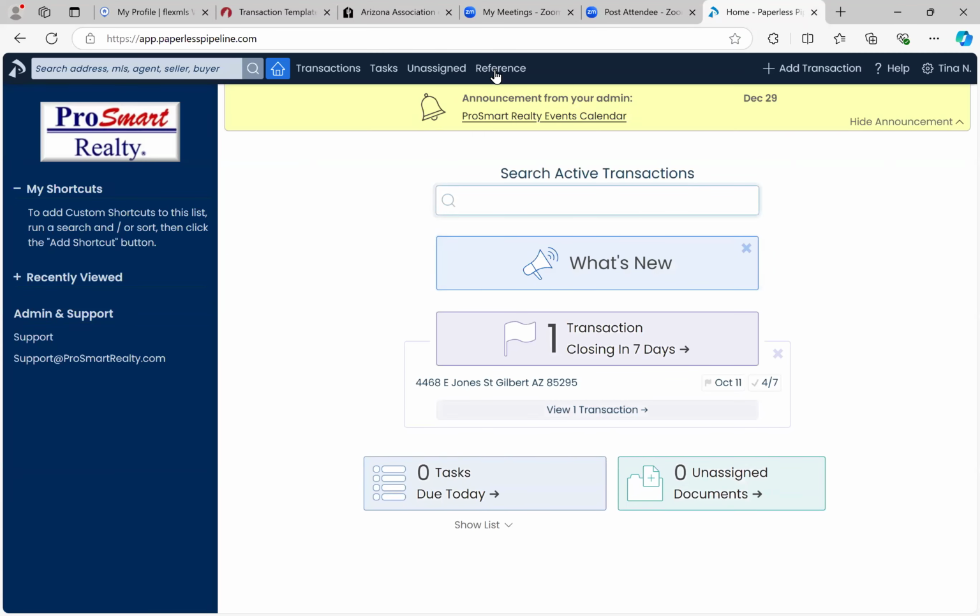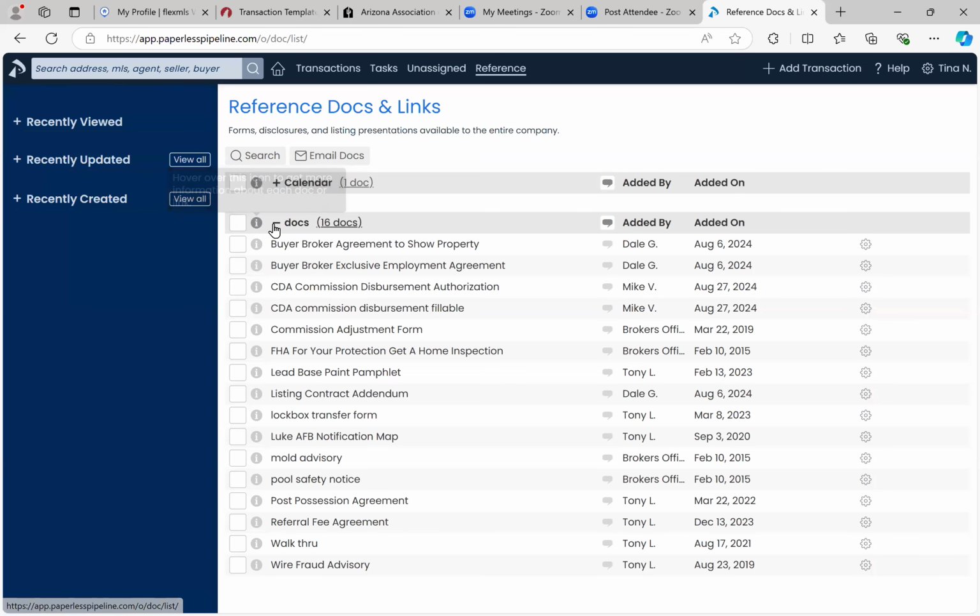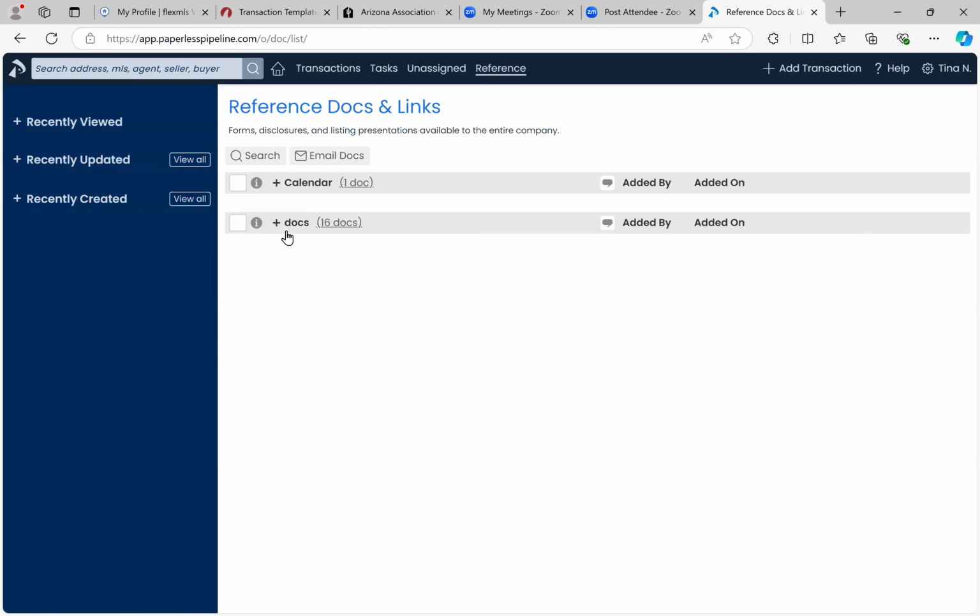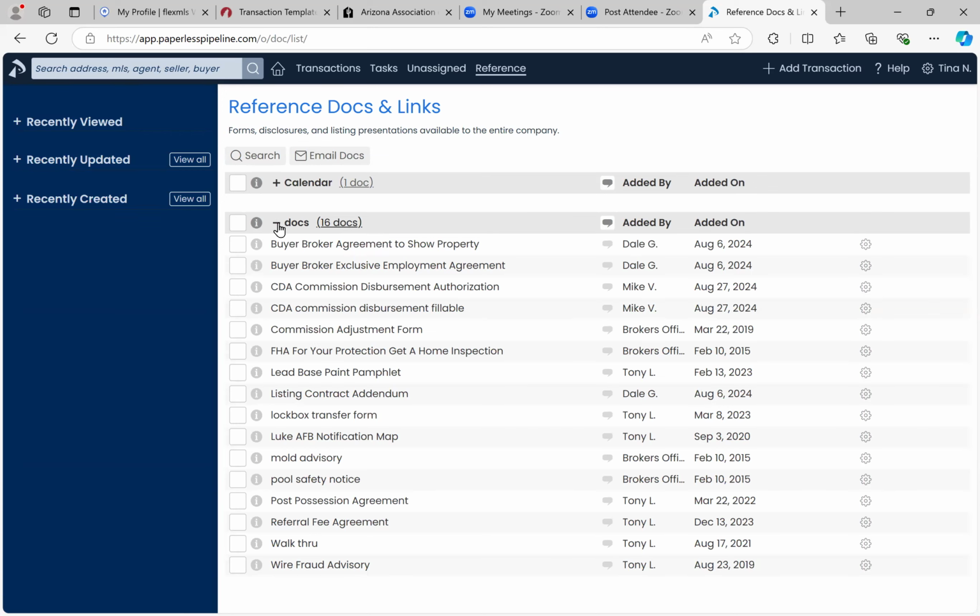And up top, you'll see reference. You click on that, you'll probably see this. You'll see docs and it has 16 documents in it. Go ahead and click the plus sign. It'll drop down all of the ProSmart specific documents. And the ones that we want to check or save, more or less, is then going to be uploaded into